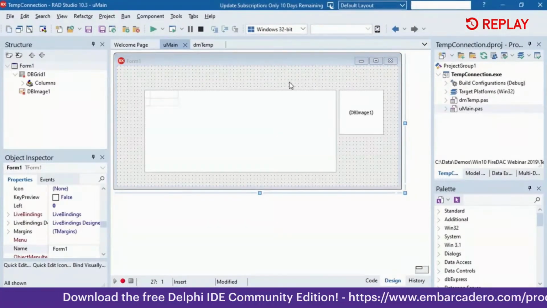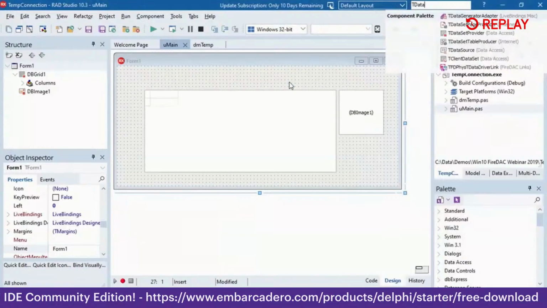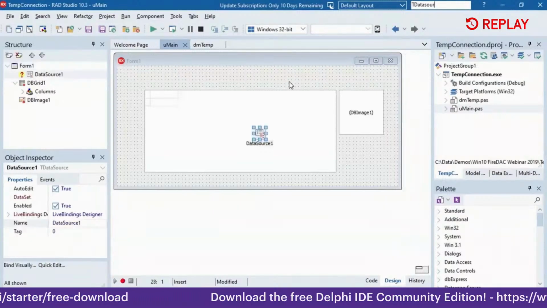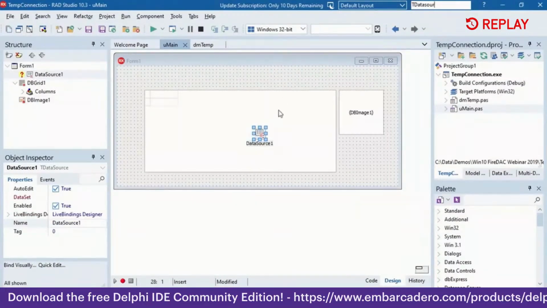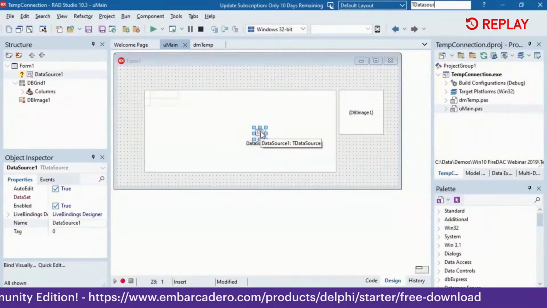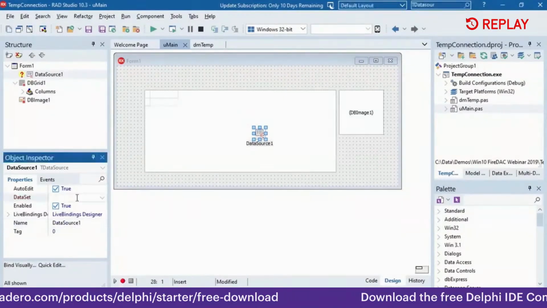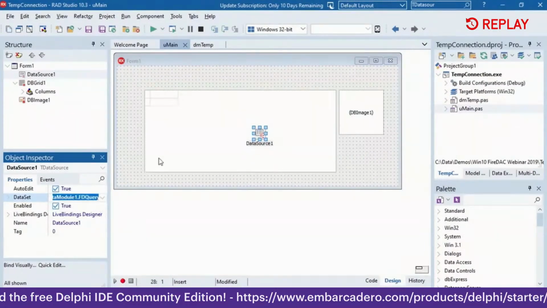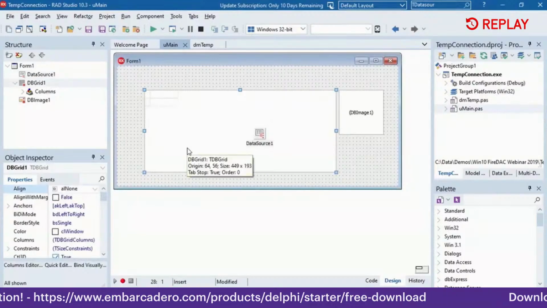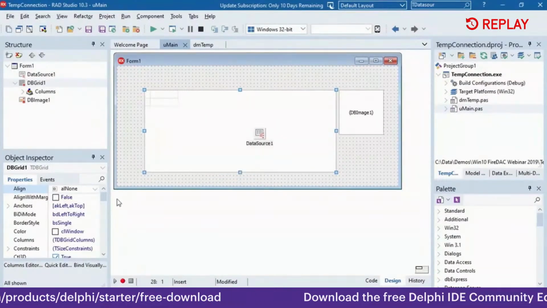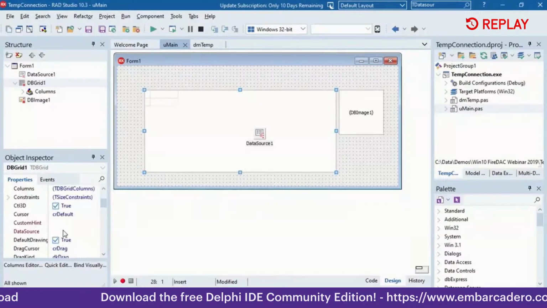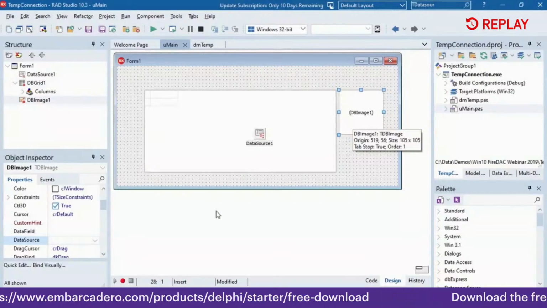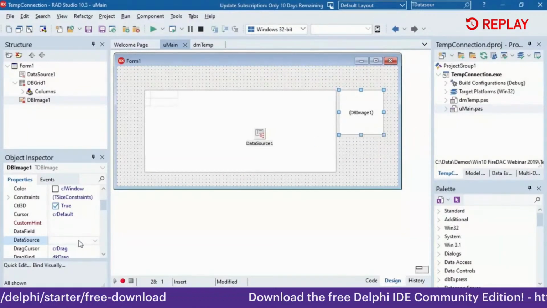Sometimes there's a little religion thing about whether the TDataSource belongs on the form or on the data module. I believe it belongs on the form, because this has nothing to do with data. This has something to do with displaying data. So in my Object Inspector, on the DataSet I'm going to choose DataModule1.FDQuery1. Now that I've chosen that, I can go to my TDBGrid, and choose DataSource1, and on the DBImage, choose DataSource1,